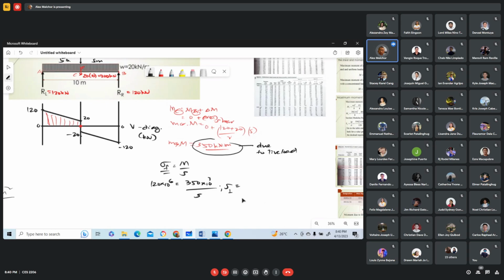And that will be equal to how much? That will be equal to, calculator please, 350 times 10 cubed over 2.92, how much is that? 2.92 times 10 to negative 3. What is the unit? Cubic meters. Okay, cubic meters, because this is